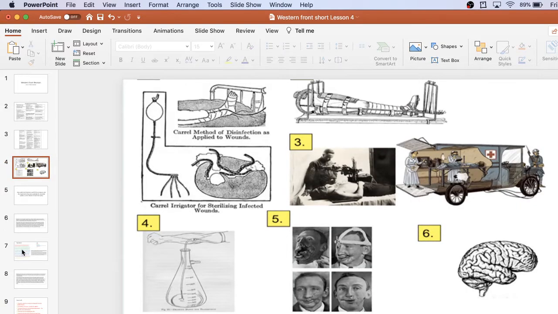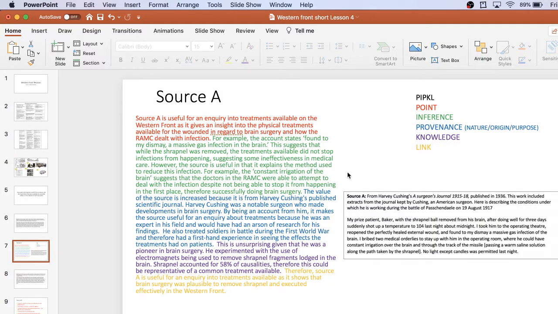So if we look at source A, source A is useful for an inquiry into treatments available on the Western Front, as it gives an insight into the physical treatments available for the wounded in regard to brain surgery and how the RAMC dealt with the infection. For example, the count states, "found to my dismay a massive gas infection in the brain." This suggests that while the shrapnel was removed, the treatments available did not stop infection from happening, suggesting some ineffective medical care. However, the source is useful in that it explains the method used to reduce this infection. For example, the constant irrigation of the brain suggests that the doctors and the RAMC were able to attempt to deal with the infection despite not being able to stop it from happening in the first place, therefore successfully doing